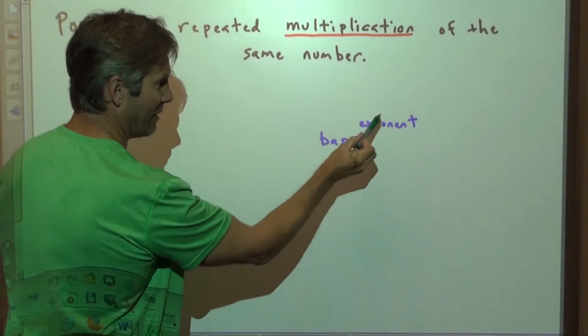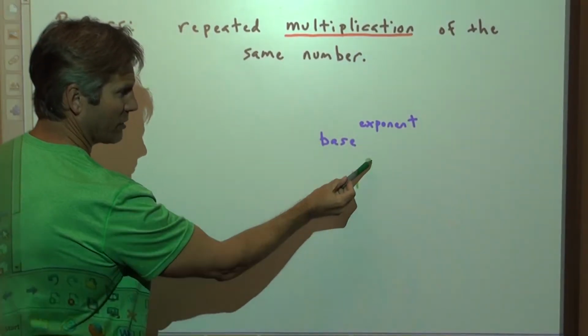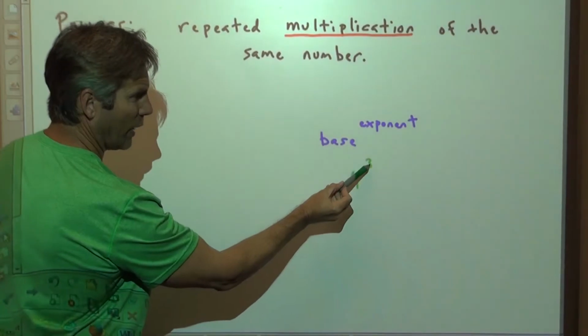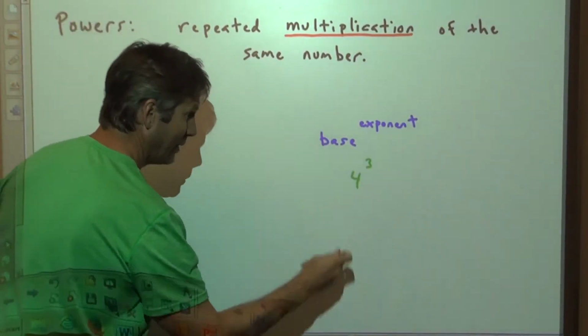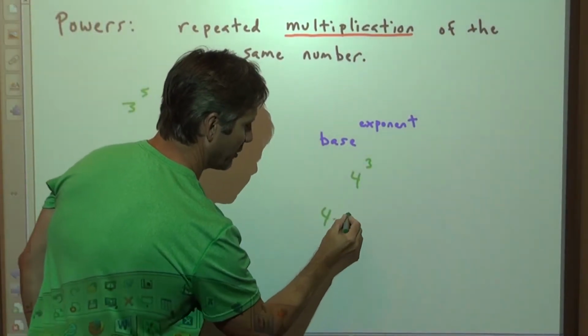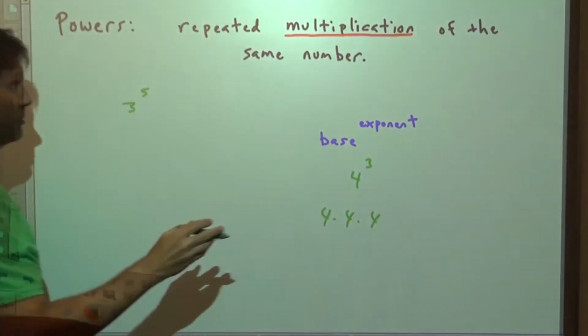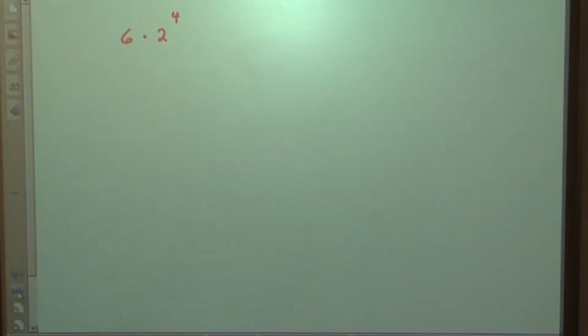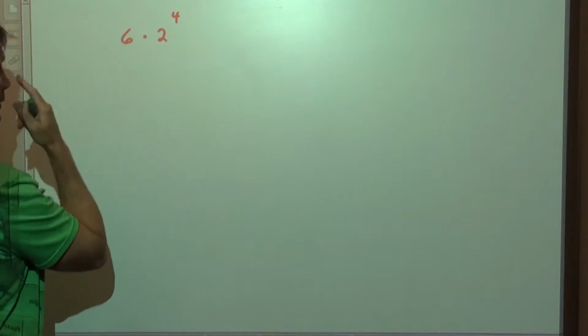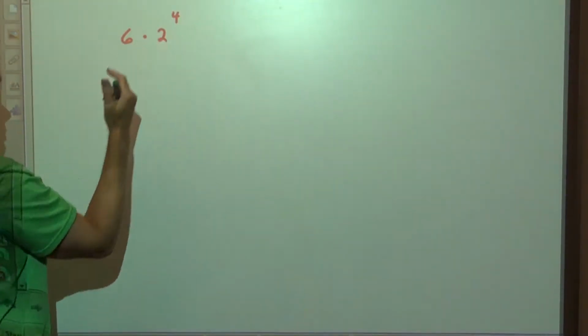They have a base and they have an exponent. 4 is the base, 3 is the exponent. The exponent tells you how many of the bases you're multiplying together. So this would be equivalent to 4 times 4 times 4. So powers. Okay, so now, if we're doing this guy, 6 times 2 to the 4th,